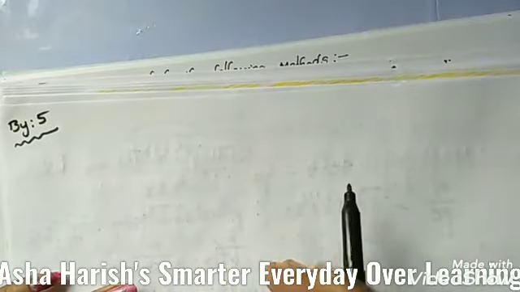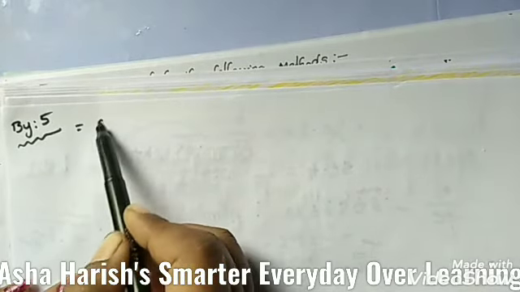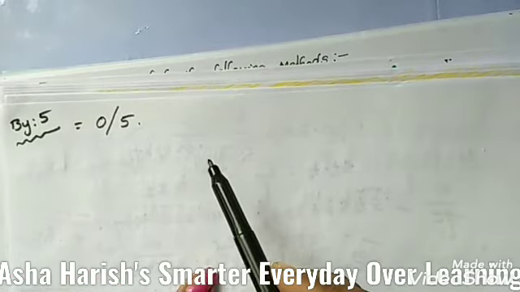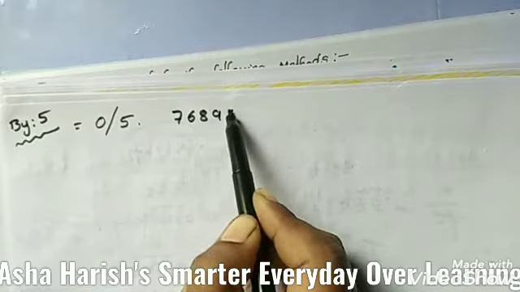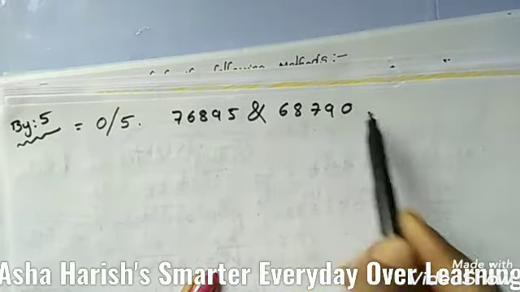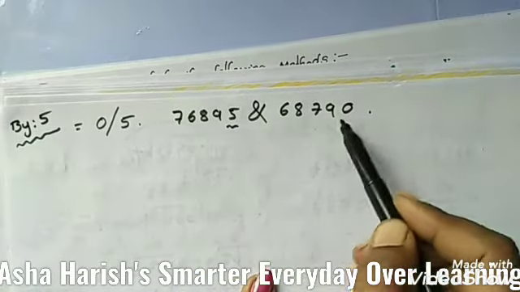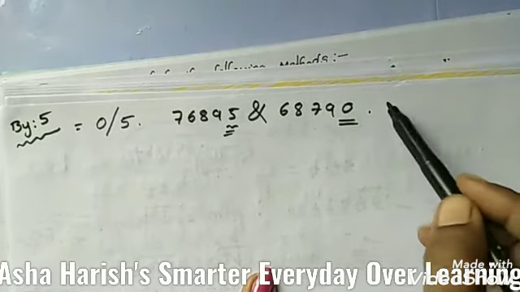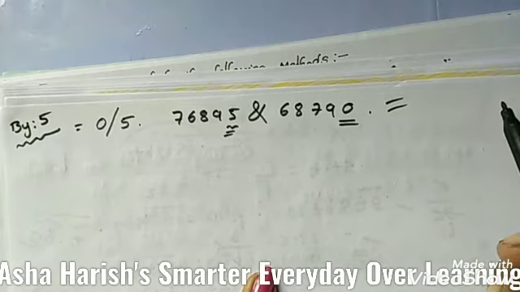A number is divisible by 5 only when its unit digit is 0 or 5. For example, each of the numbers 76895 and 68790. Here the unit digit has 5 and 0, so these two numbers are divisible by 5. If not, it is not divisible by 5. Okay, let us go for